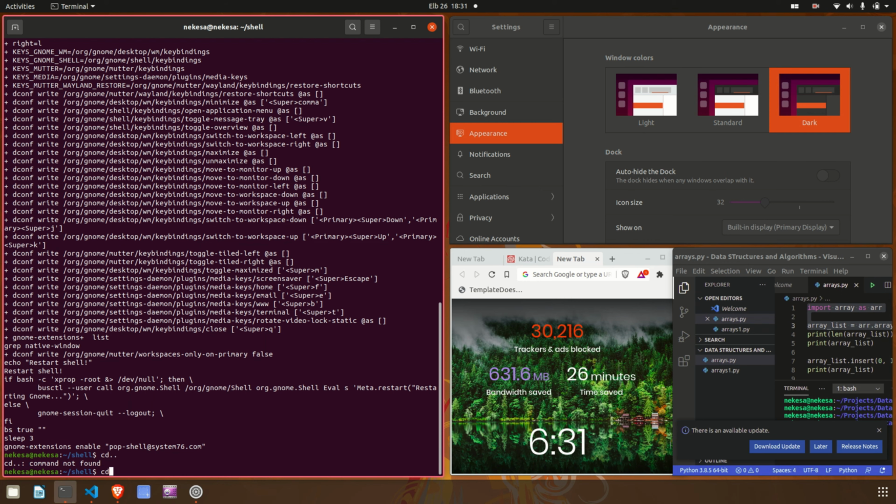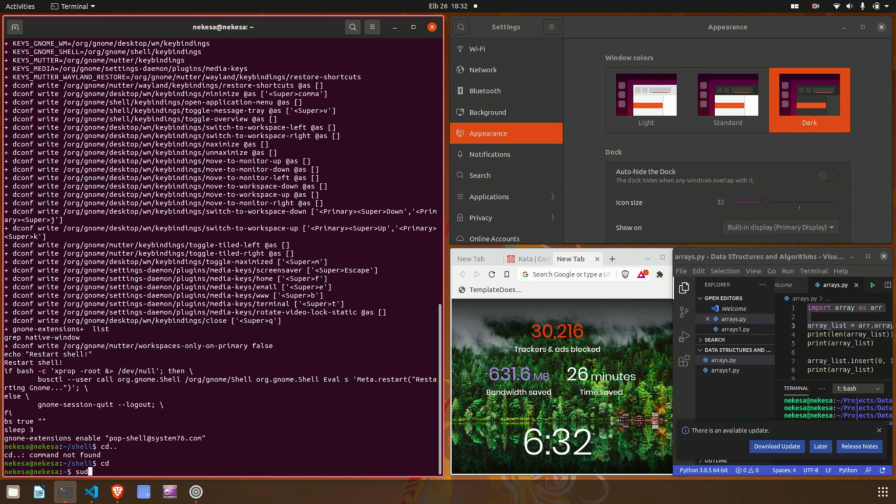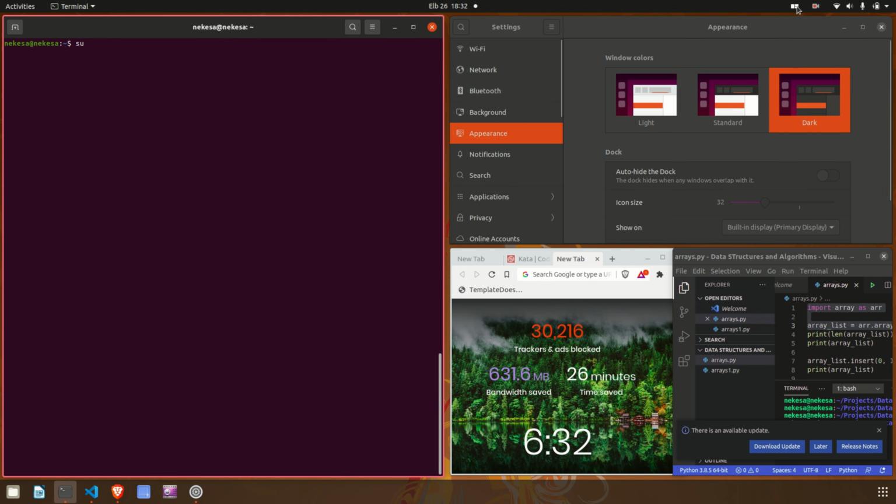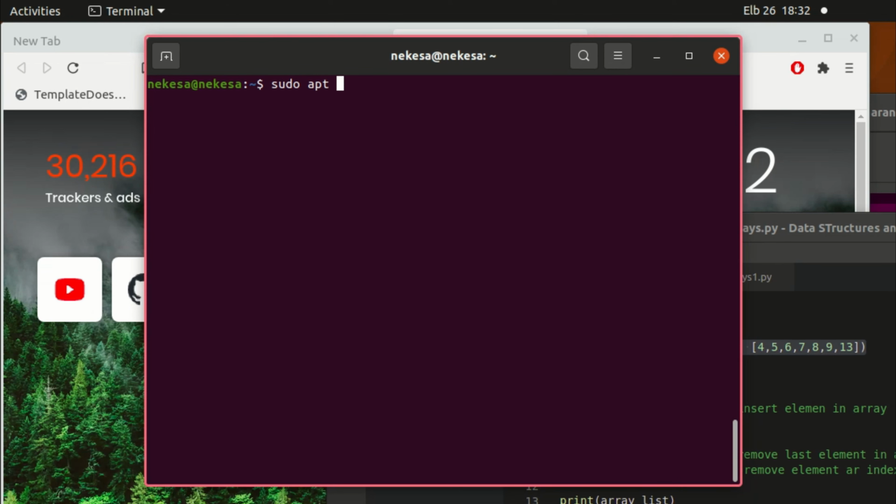To install keyboard shortcuts, I'm just going to install dependencies. So sudo apt install cargo rustc, and after we download all the dependencies,